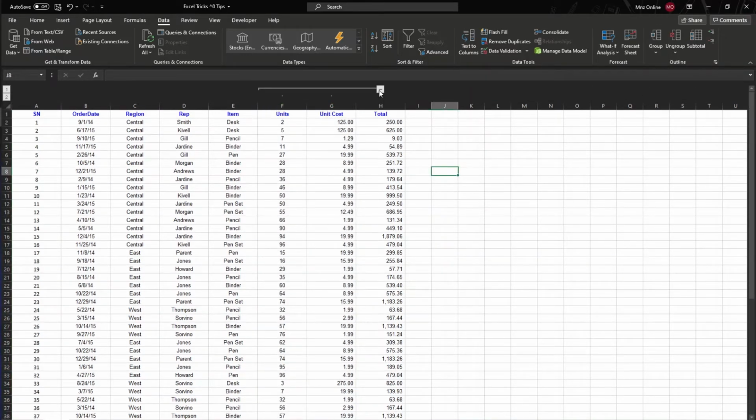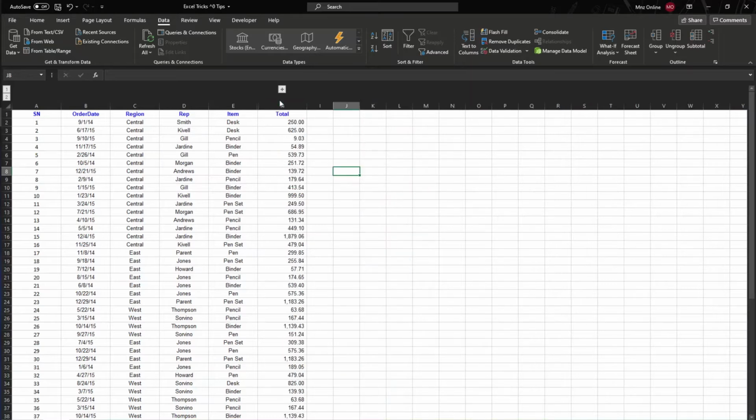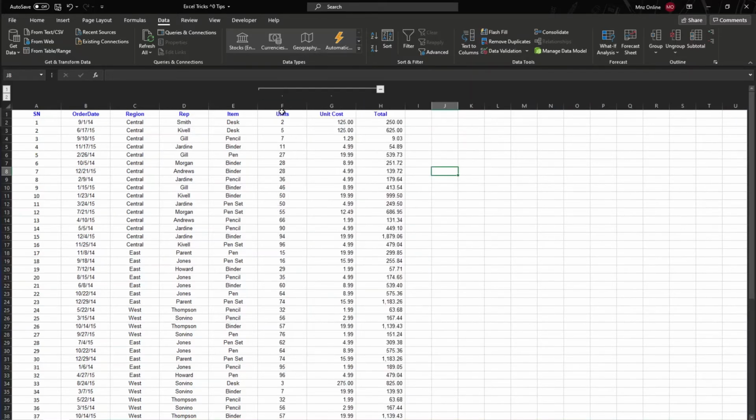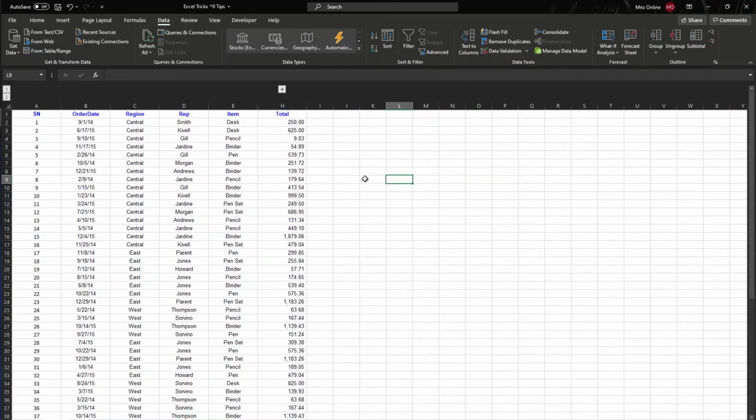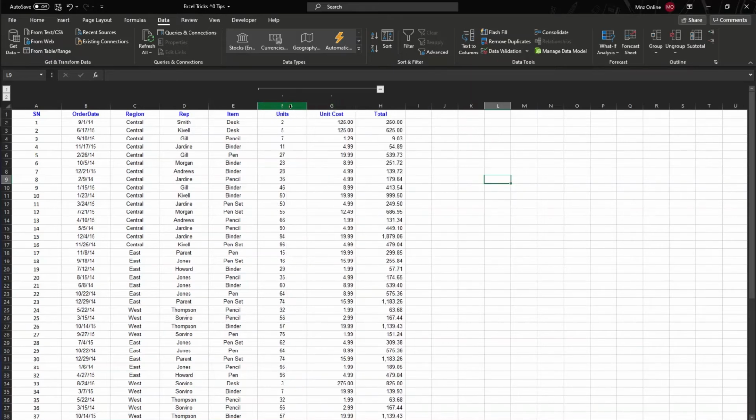Now you can see a minus symbol here. When you click on it, those two columns get hidden. When you click on the plus symbol, those two are visible again to your manager. The plus point is that whenever you send this report to your manager, he will know that some columns are hidden here. That's why there is a plus symbol. So he can simply click on it to see what those hidden columns are.